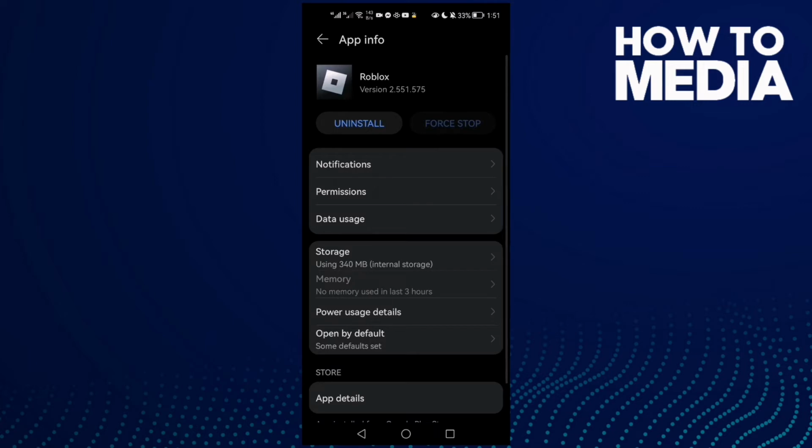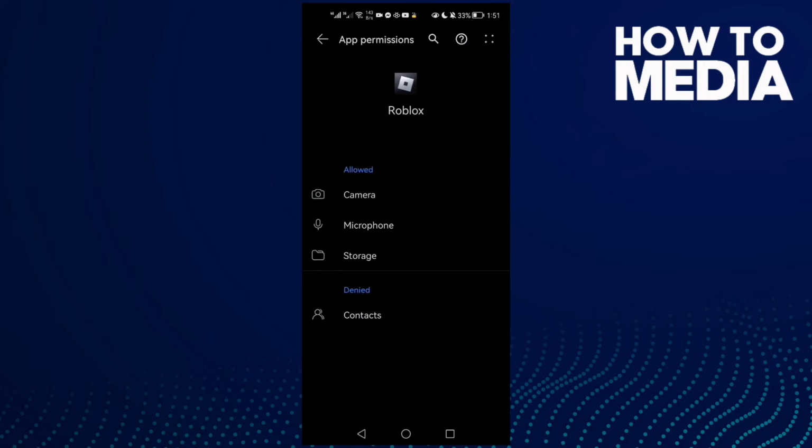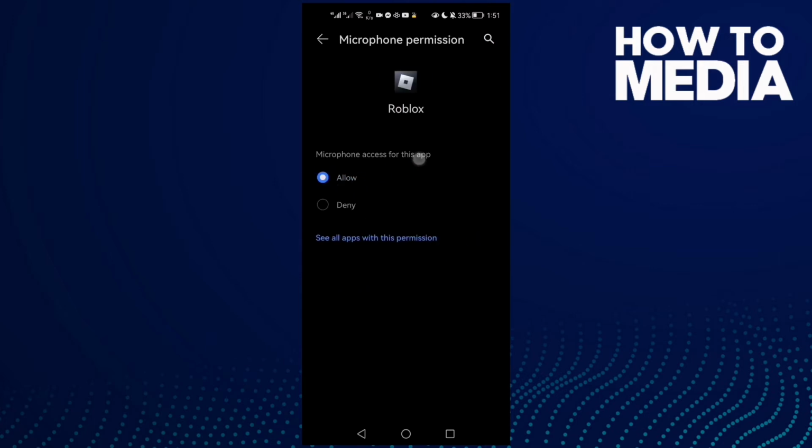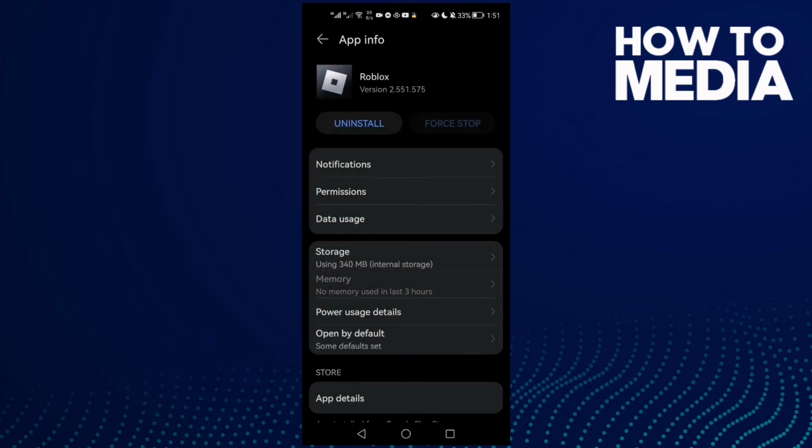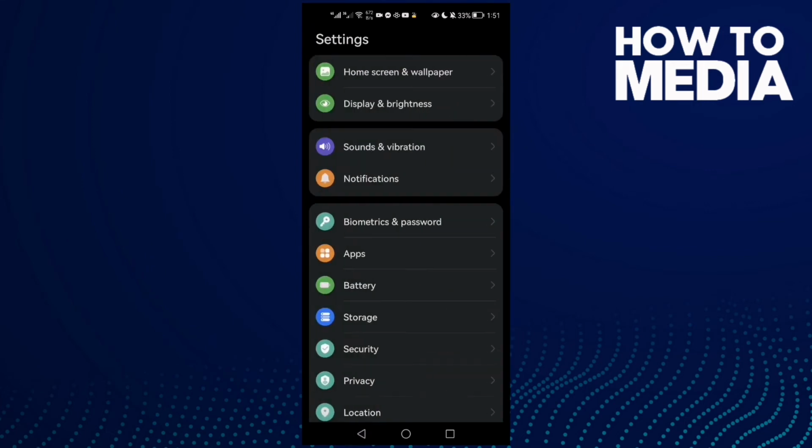for stop, and then go to permissions, check all of those here, allow all of those, click on it and click allow, and then click storage and click allow, and that's it. Now just go back, and if that doesn't fix your problem, it means that you need to clean some space,